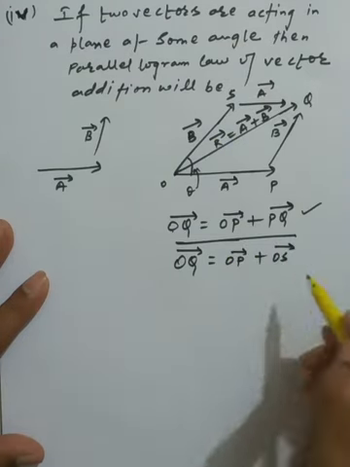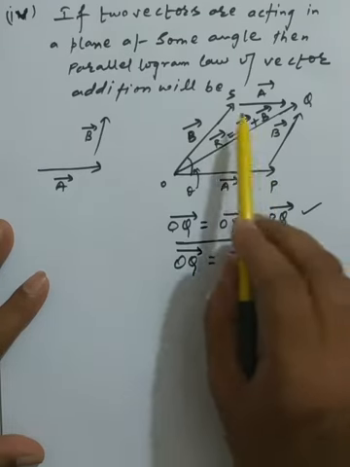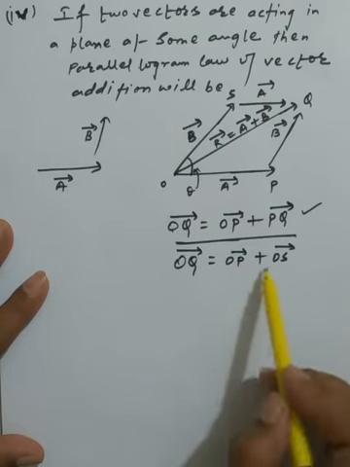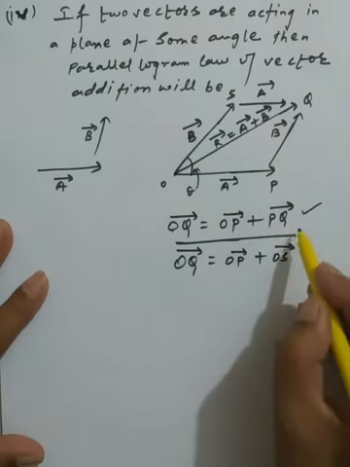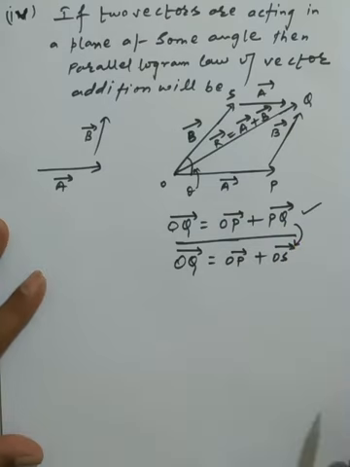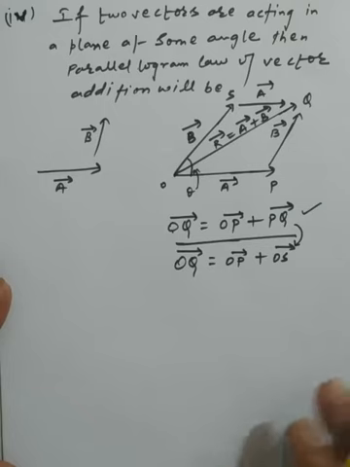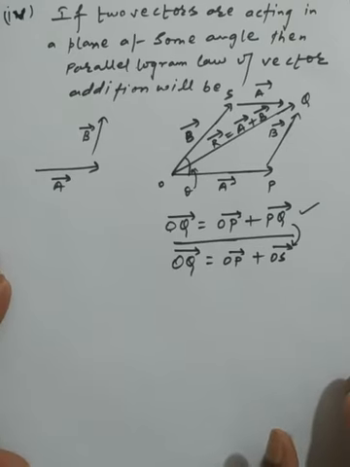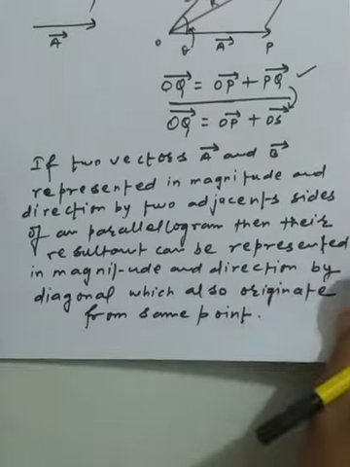So here we have the same type of nomination. OP is represented by the same thing, and OS is simply the vector notation that is called B. So here we are making the comparison, so all the time we are getting the type of symmetry. So we can state the simple rule of how we represent the parallelogram law of vector addition. Here we have the simple definition, students.